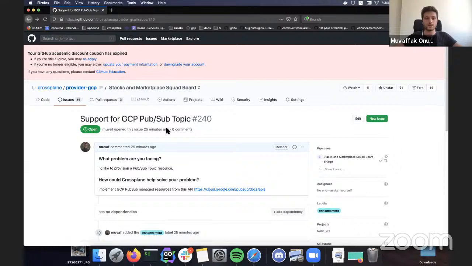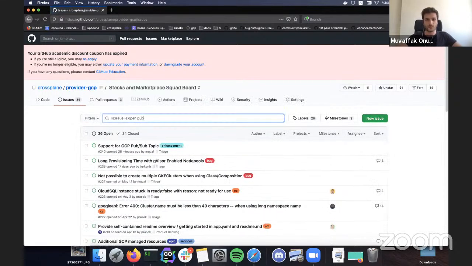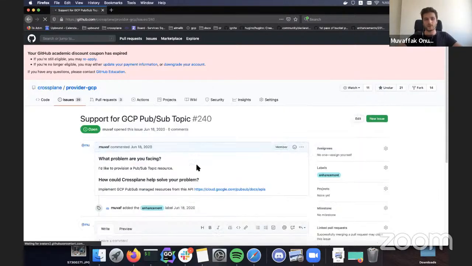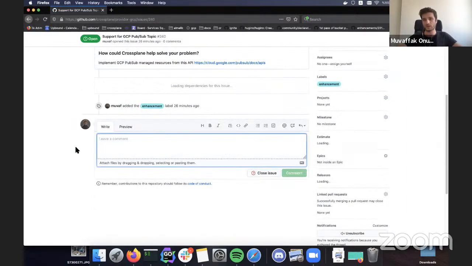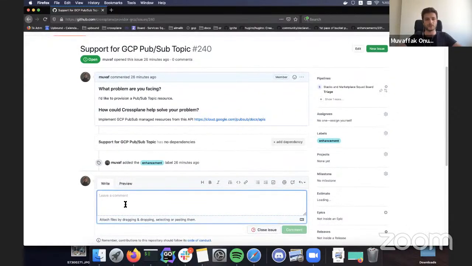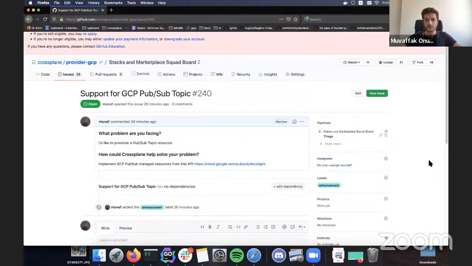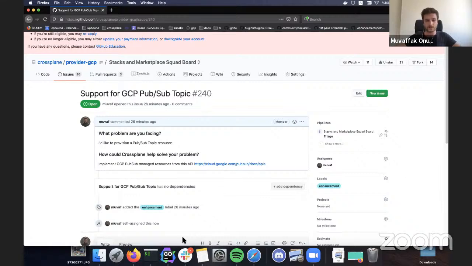Okay, so usually, when you would like to implement a resource, the first thing you would do is search for the issue. If there is one, you can just comment like, can I take this, and ask if anyone else is working on it. Then probably either me, Daniel, or some other maintainers would encourage you to take it. So let's say I have assigned myself, I got the permission.